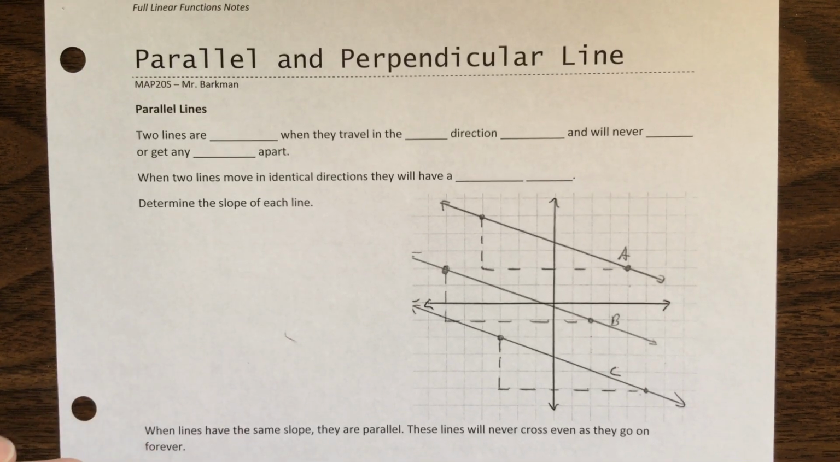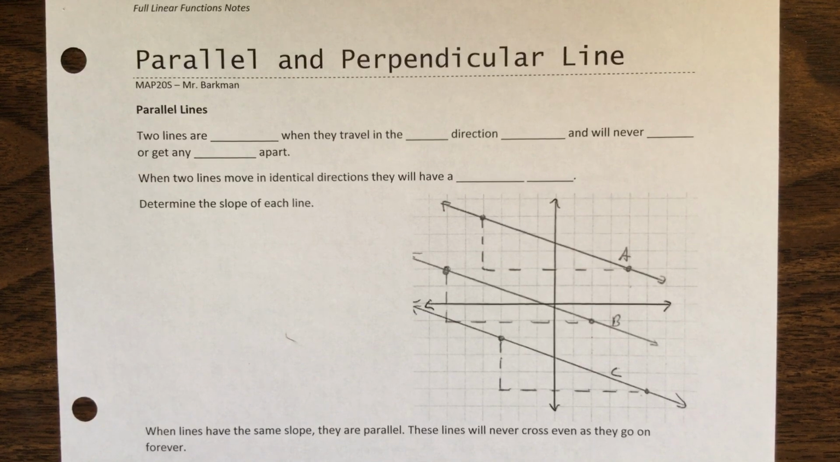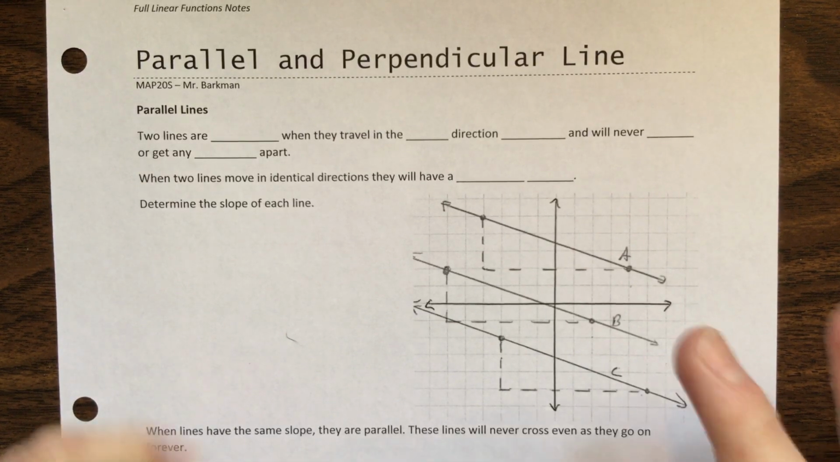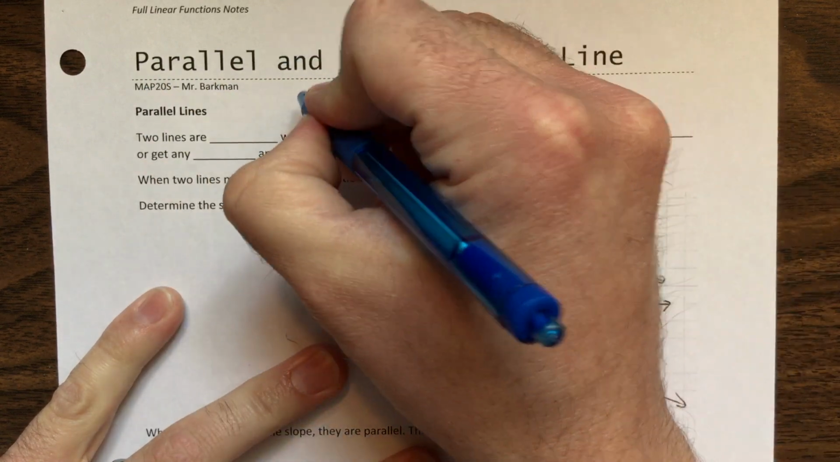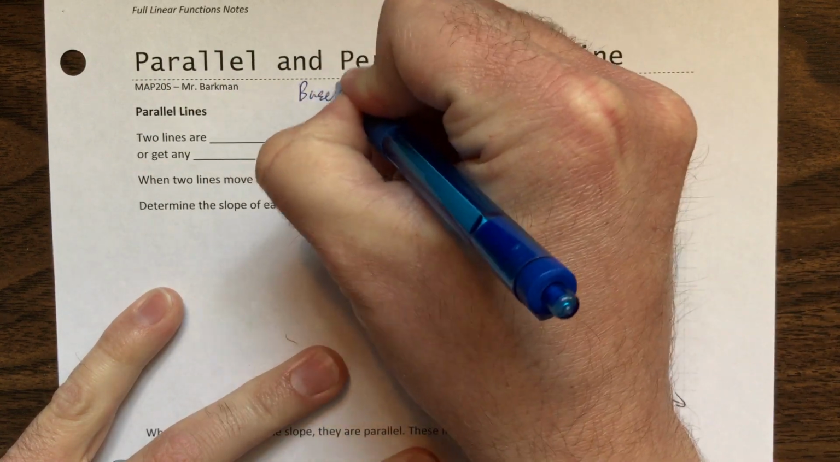Based on slope, we're going to be taking a look today at how do we know whether lines are parallel and/or perpendicular or neither. And it's all about slope. So we're going to be taking a look at parallel and perpendicular lines, and we're going to do this based